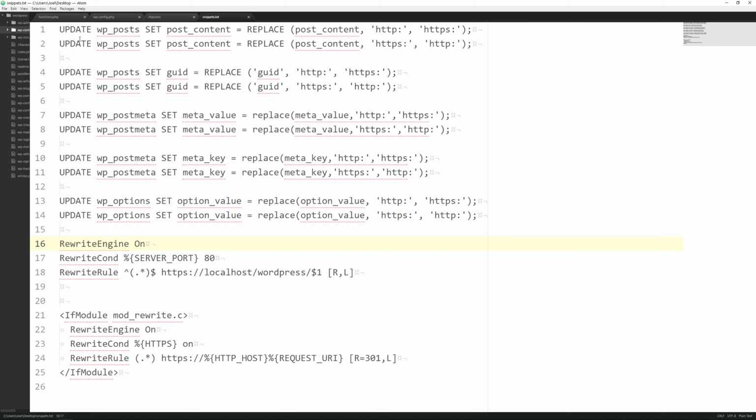So just going over this, where this first one updates the WP post, set post data, replaces the post content, it's looking for HTTP, replacing with HTTPS. This one just reverses the process, this second one here. Now this one is changing the GUID, looking for HTTP, converting it to HTTPS. And again, this one just reverses the process. And this is looking in the post meta table, looking for the meta value and changing it to HTTPS there. And this one reverses. This is also looking in the post meta, looking for the meta key and changing it